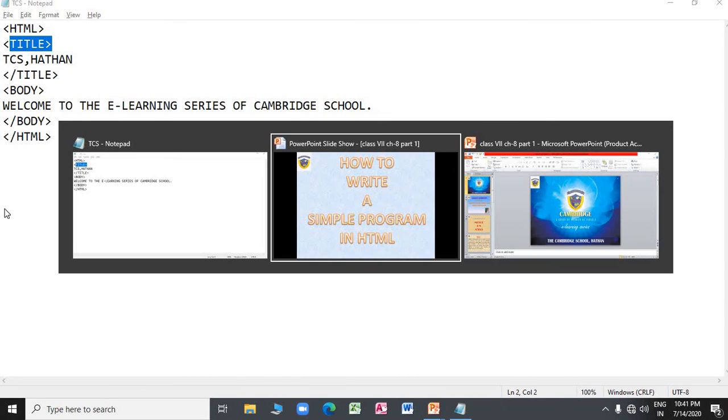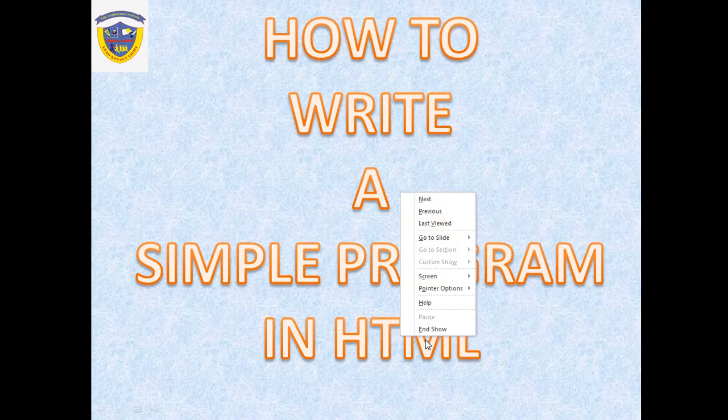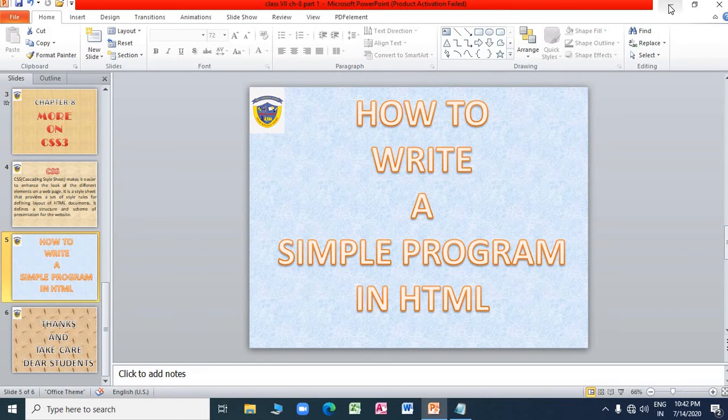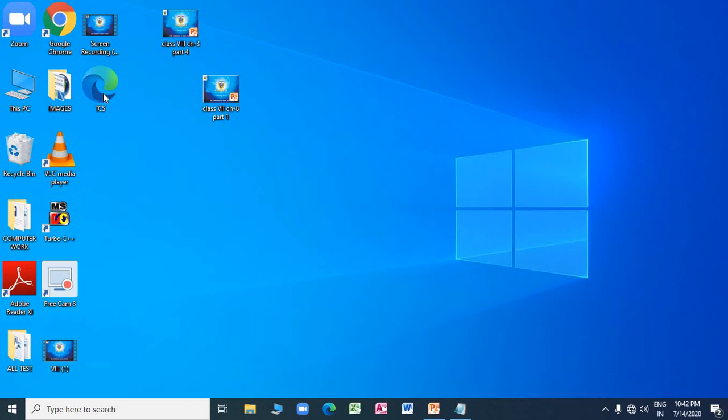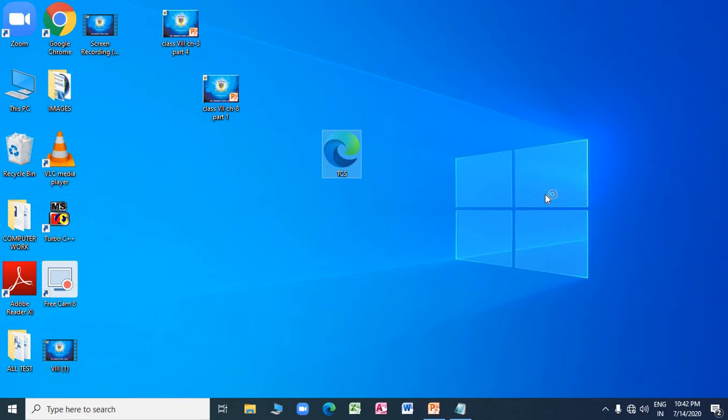Okay. Now we will continue and show. You can check here its name, TCS. Now we can open it with any web browser, Google Chrome.